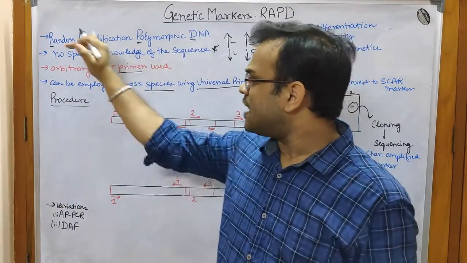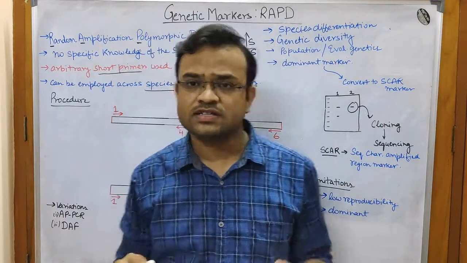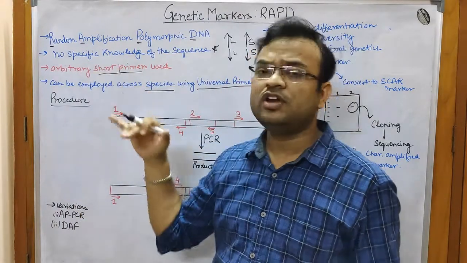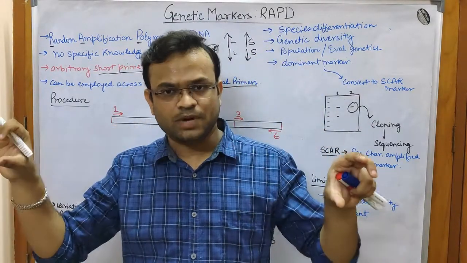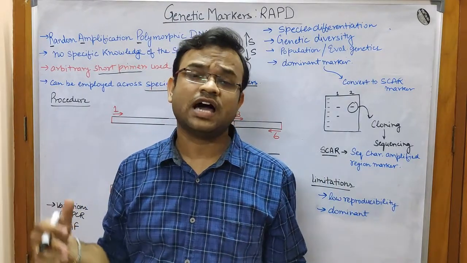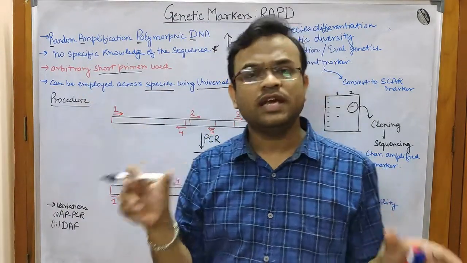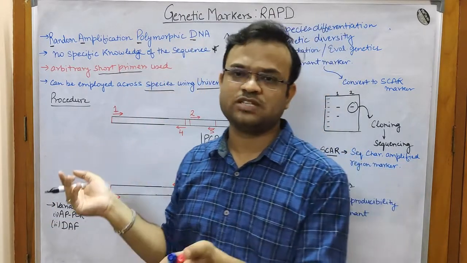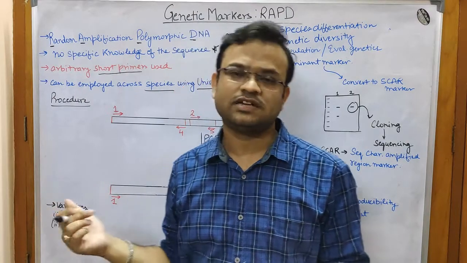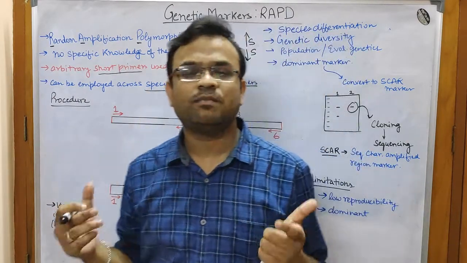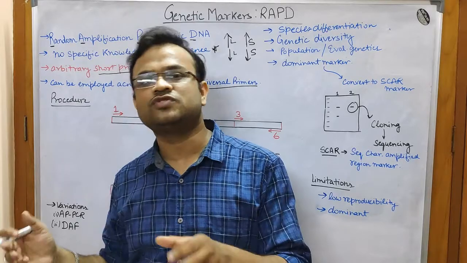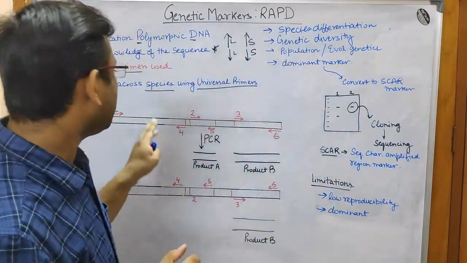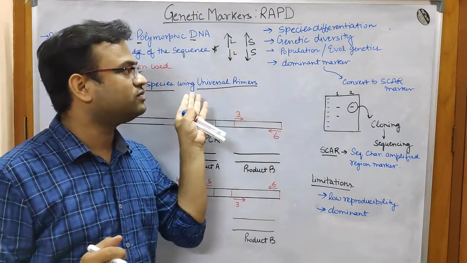Okay, so we have discussed these 3 points. What we have studied is the full form of RAPD, random amplification polymorphic DNA. We do not need to know any information about the DNA that we have to work upon. Next, we need to utilize short primers. The higher the length of the primer, the more the specificity; the lesser the length, the lesser the specificity. Next, these primers are universal primers that can be used for n number of species that are global, right? So we have studied these points.